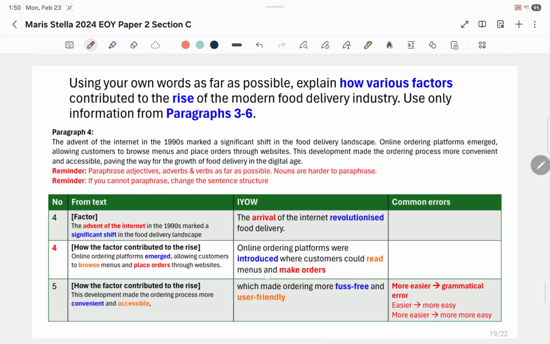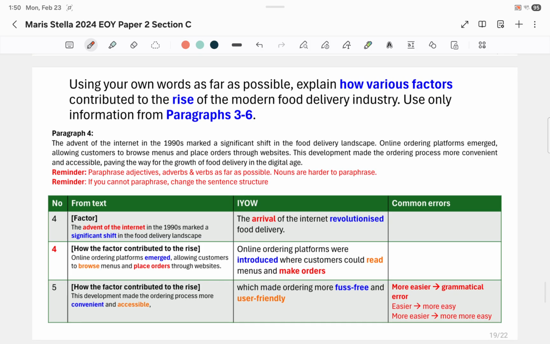Okay, then for the next paragraph, paragraph 4, similarly, what I've done is I've included them in different colors so that you can make a comparison and you can see how they are being paraphrased. I'm not sure why the original answer key gave two different points to point 4. So if you see 2 4s in your marking, point 4 and point 4, do know that they are two separate points and I accepted them as such. Okay, and